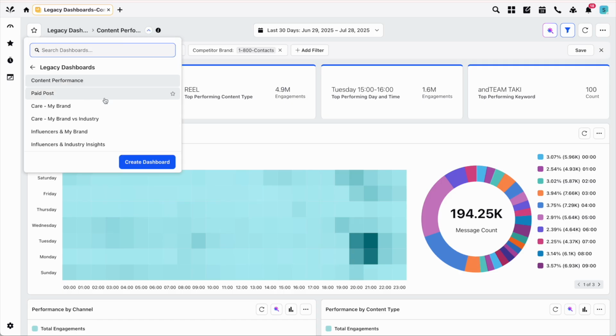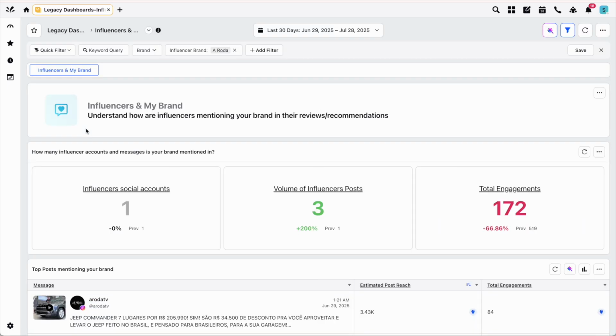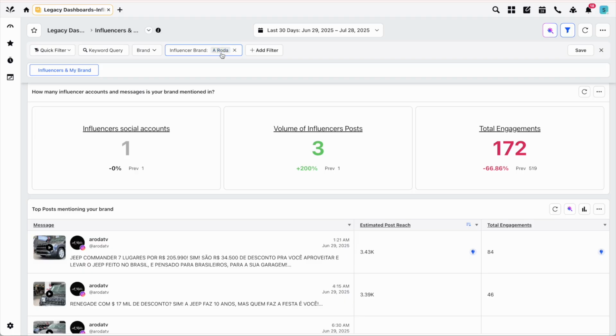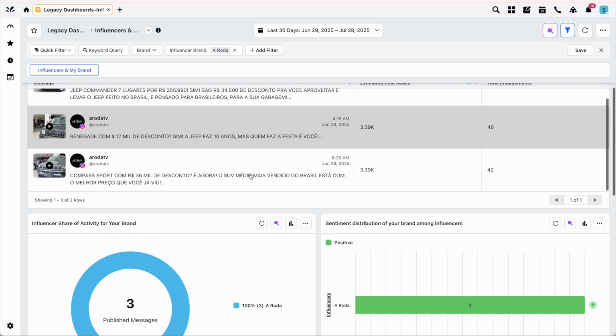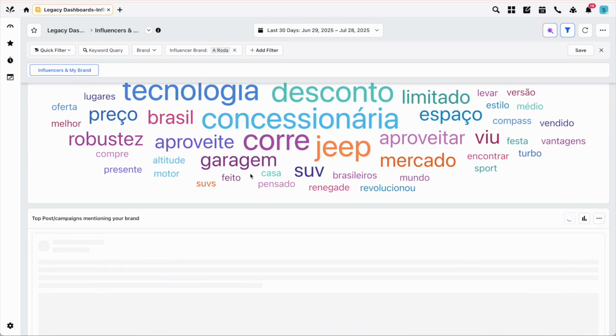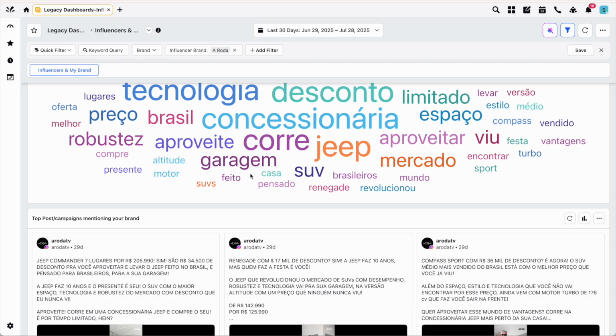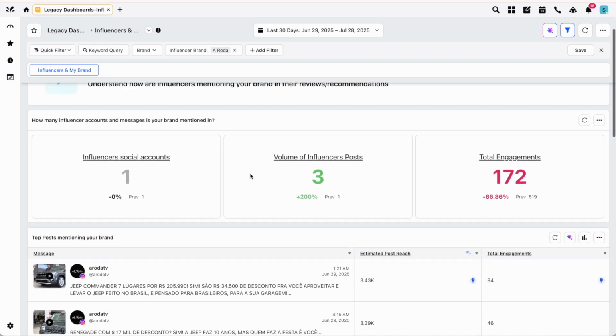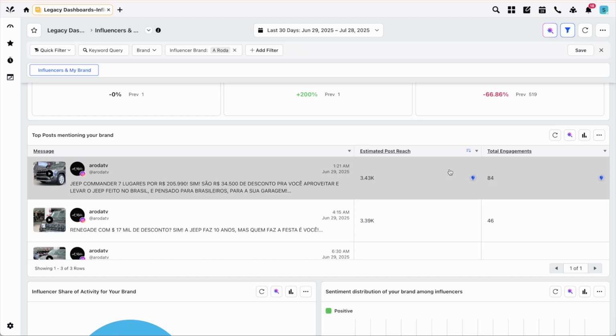And you also have other dashboards like the influencer dashboard, right? The influencers and my brand, which gives you a lot of insights into specific influencer profiles, public figures you want to track, right? You can quickly go ahead and add an influencer brand or add them as a filter and start looking at the content that your influencers are posting about the brand. So you understand top keywords and engagement metrics like the number of likes coming in for their posts, the shares coming in from their posts, right? You get a good understanding of how your influencers are performing in terms of their